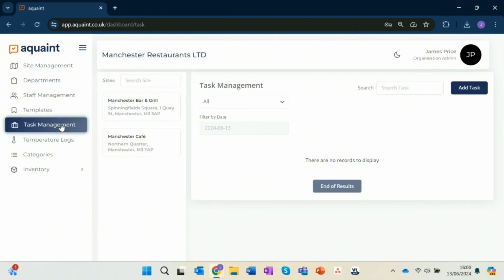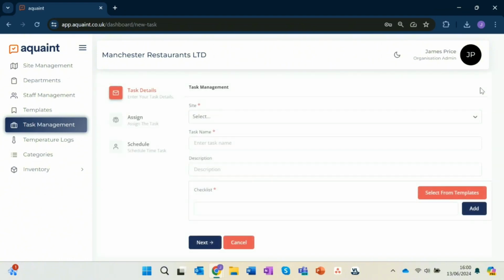If you're an organization admin, you can see all the sites by default. If you're a site admin, then you can only see the sites that you've been assigned to. Let's add our first task now by clicking on Add Task at the top right here. We'll then select which site we want to assign the task to,